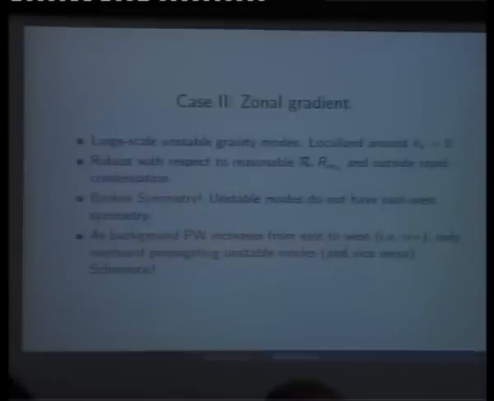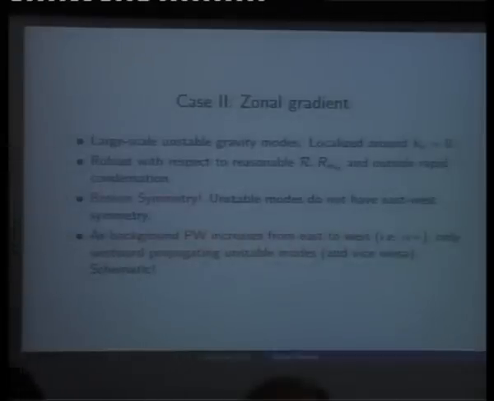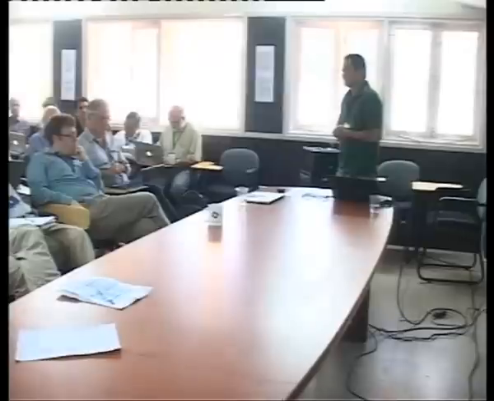So the symmetry of the problem, because we have imposed an asymmetric condition on top of it, you get an asymmetric response, which is in accord with the schematic diagram that I had put forth. Of course, this is again fairly academic because we have no rotation in the problem. As soon as you put a background PW gradient or saturation profile gradient that goes in one particular direction, the unstable modes follow that direction, right? So, this is all fine, but we really want to move to equatorial B theta plane.